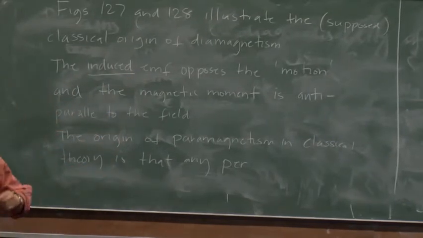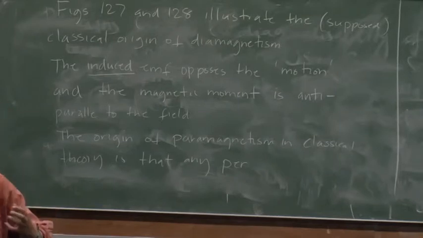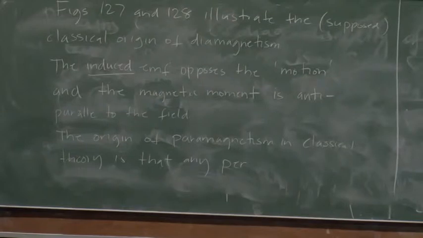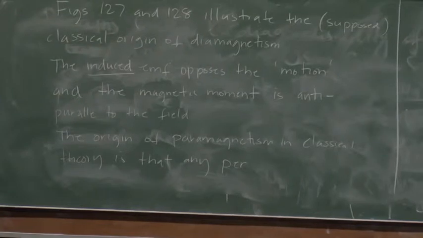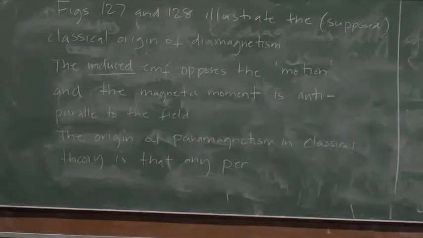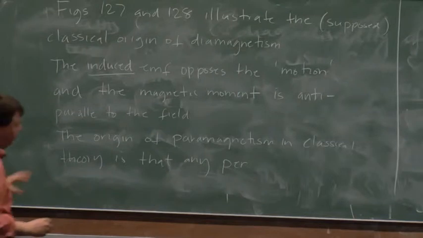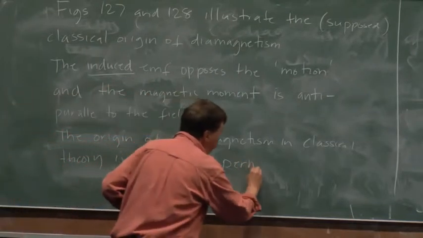We induce, by the very act of putting this material in a magnetic field, currents, and the currents oppose the field, so we end up with a higher energy state, so the material moves out of the magnetic field. However, in paramagnetism, the classical theory is that any permanent